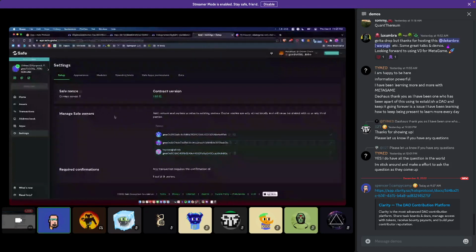This is a 1 of n multisig for demo purposes, and like I said, it has 0.19 xDAI in it. So if you're playing along at home and you end up becoming a signer on this safe, you can execute transactions unilaterally because it's a 1 of n. Obviously, in real life, that wouldn't be what was going on.